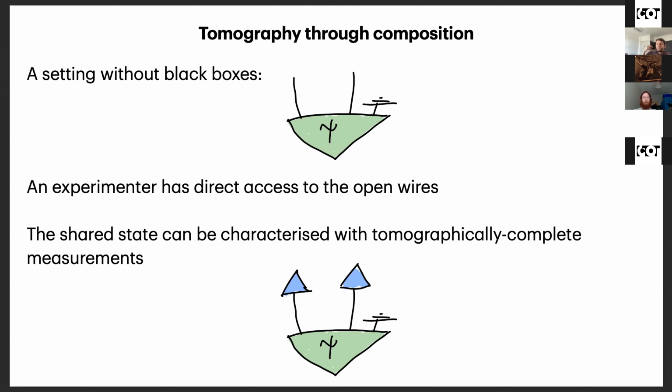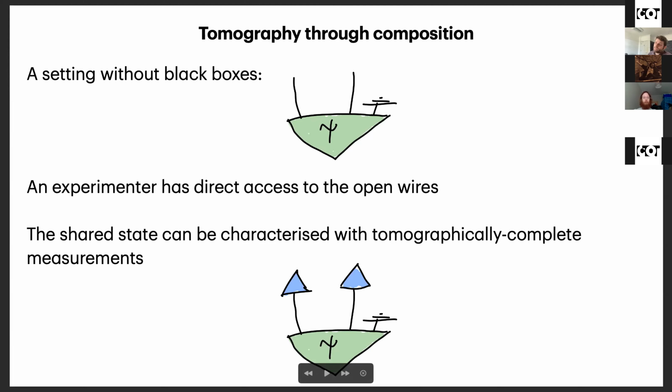I started talking about tomography, which is different from self-testing, and I'm talking about composing things. So let's talk about tomography through composition. Let's start with the setting without black boxes. I've made things green to mean it's got the green light. Everything is accessible here. An experimenter has direct access to the open wires. There's some shared state and there's some open